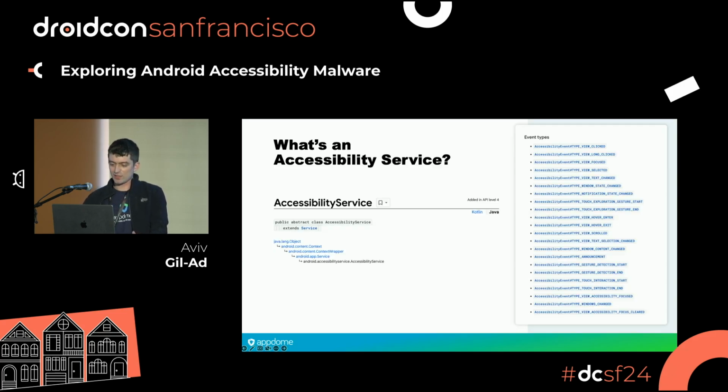Accessibility service is actually a type of Android service. It exists to give mostly disabled people accessibility. You know, like if your eyesight is bad, you can ask the app to read aloud text or to magnify